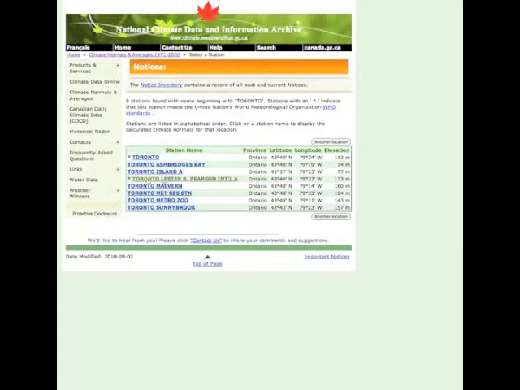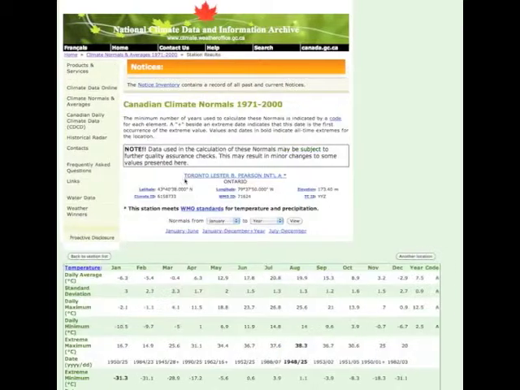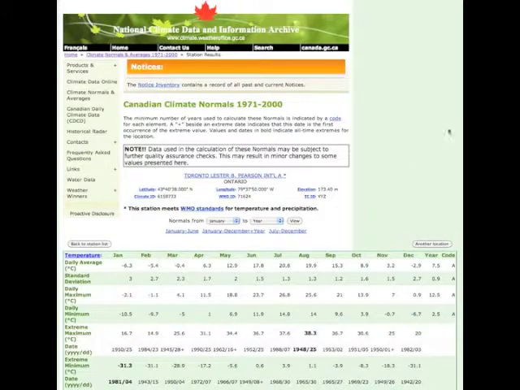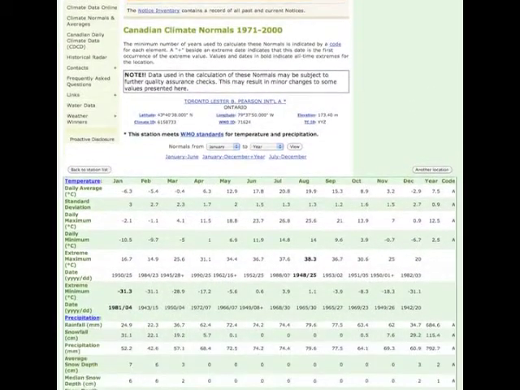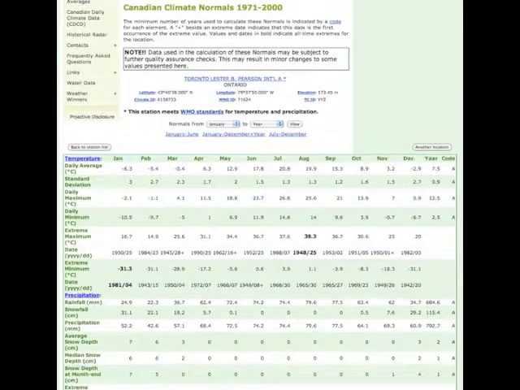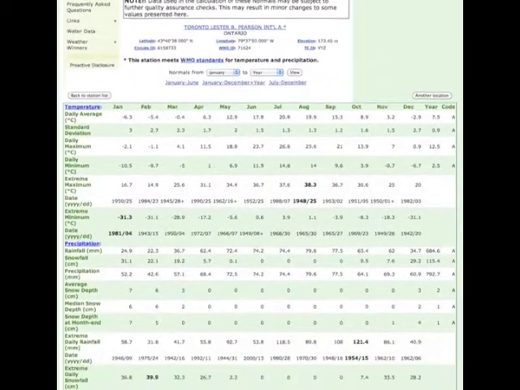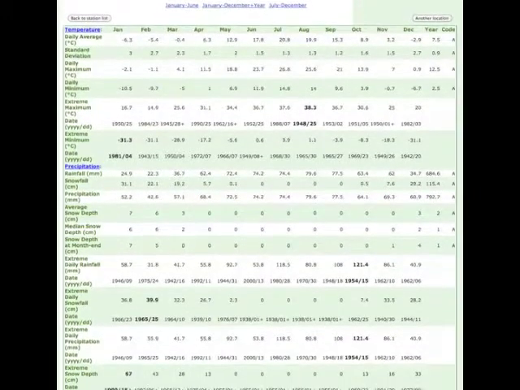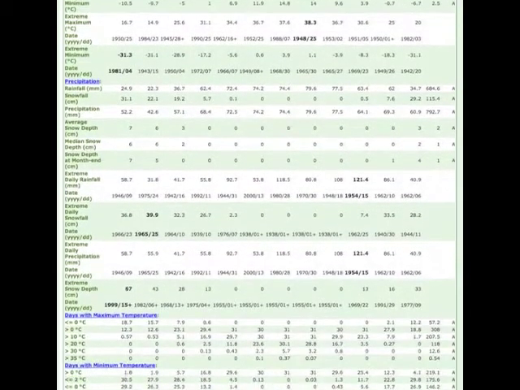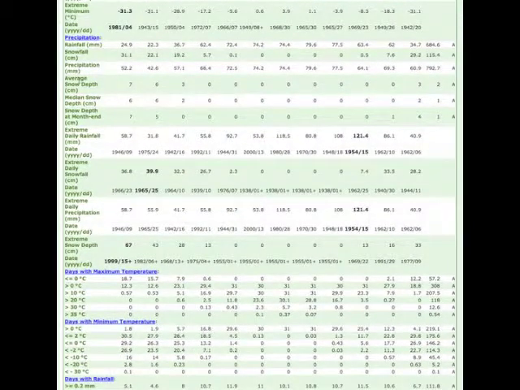The one we've chosen to use is the International Airport, Lester B. Pearson International Airport in Toronto. So we'll just click on that. And this is what we get. We get a great deal of information on the long-term average. So we start off here with temperature. We have information on the daily average, maximums, minimums, as well as extreme maximum and minimums, and the year in which they occur. We also have information on precipitation, rainfall, snowfall, average snow depth,